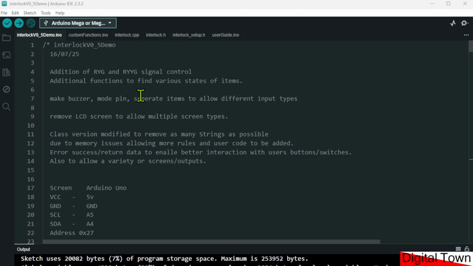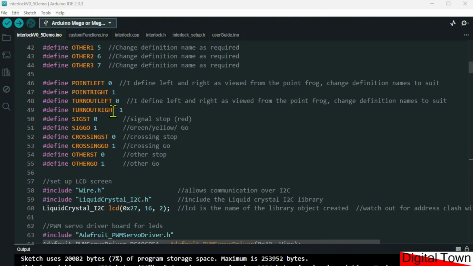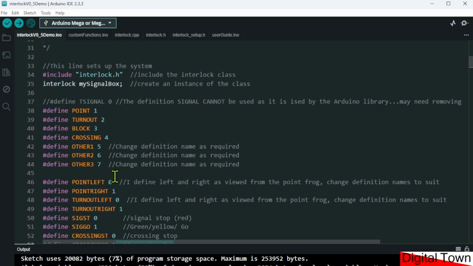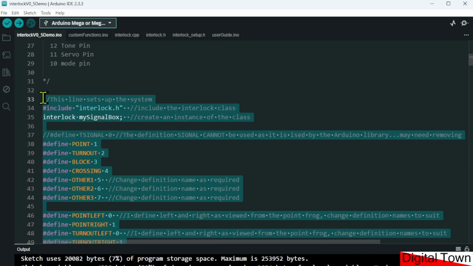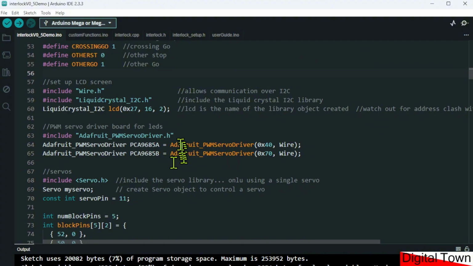So going to the demo sketch, as we come down here, we've got, if you like, the bits that are required for the interlock system. Then I've started to add the other items. So I'm using the liquid crystal display, so I've included the I2C liquid crystal library. I'm using